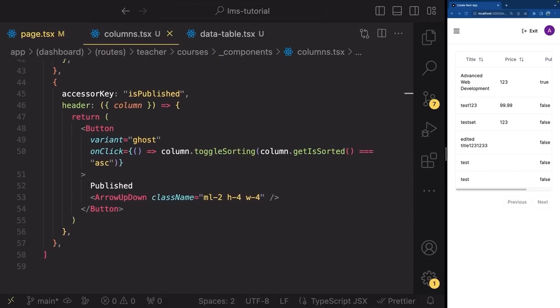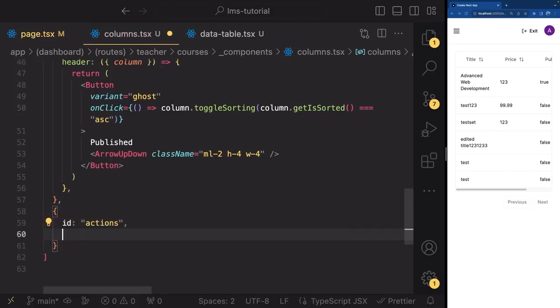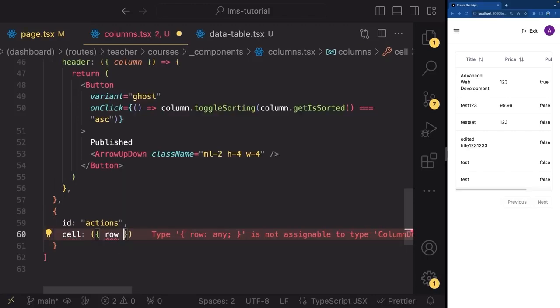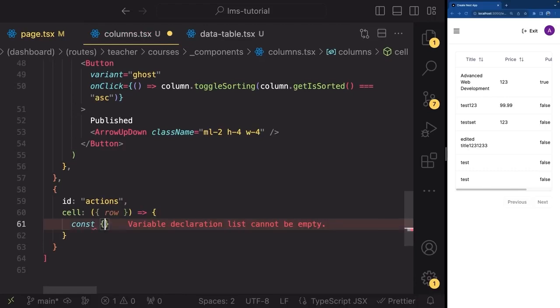And what we're going to do is add a new one. So like this, open a new object and I'll give it an id of actions like that, and give it a cell like this to be a row, open a function, and inside extract the id